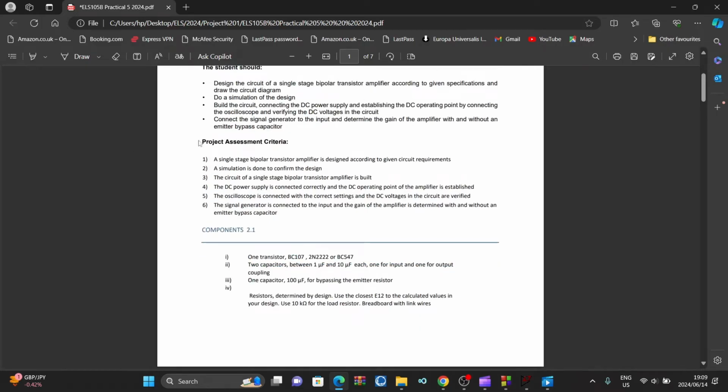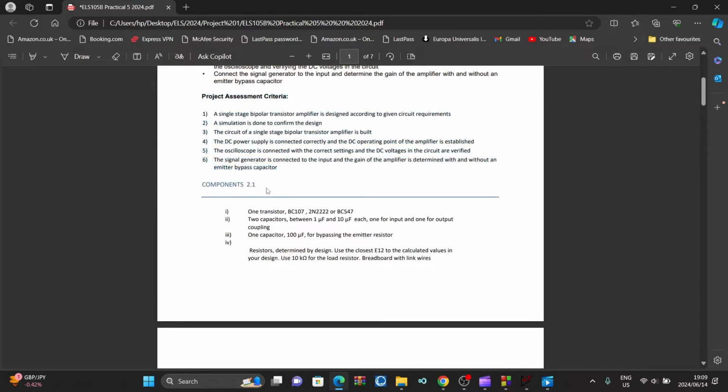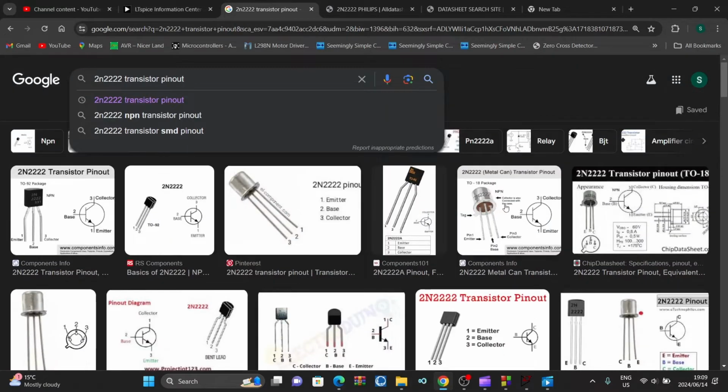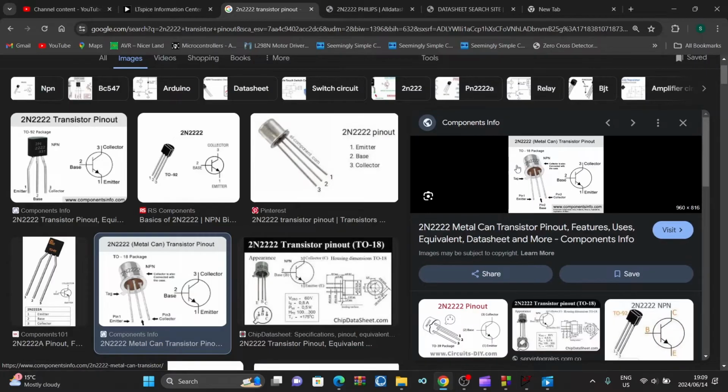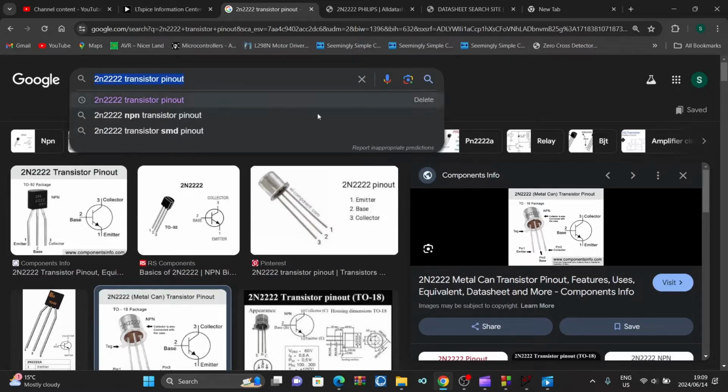Yeah. Then you can go through the project criteria. Then here are the components which you are given. Number one is the transistors. There are three transistors you can use. I know you are given two of them, the 2N2221 and the BC547. So this is how the 2N22 looks like. It's a silver transistor, as you can see. Then if you write on Google the pin out for the 2N2222, then it will show you the pin out. Then it's the same thing for